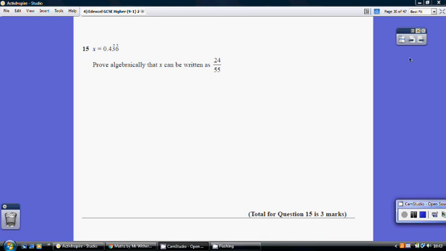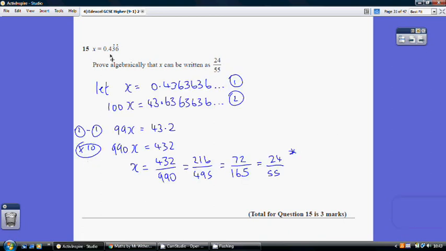Question 15, so we've got to prove this algebraically. So start off by letting x equal this, but write it out in dot dot dot format. So x equals 0.436363636 dot dot dot. Now because we've got the two dots, choose to multiply through by 100. So 100x equals, and obviously all of these numbers move over 2. So we get